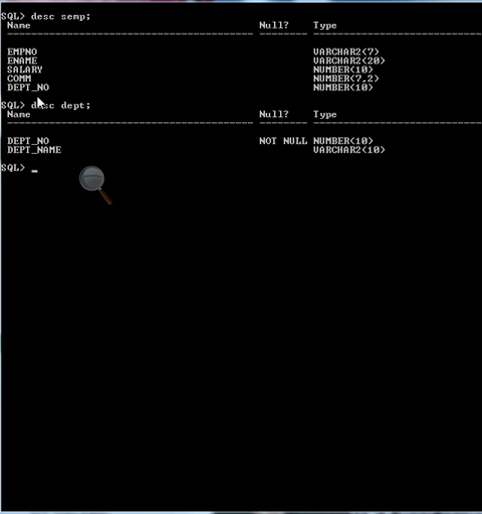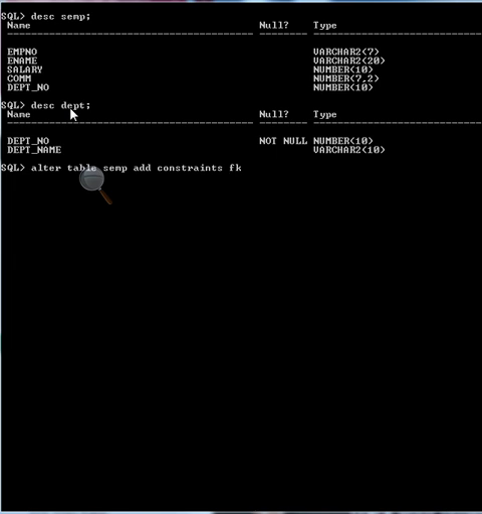So make DEPT number a foreign key. For that: ALTER TABLE SEMP ADD CONSTRAINT, and write the name of the constraint you want to give.